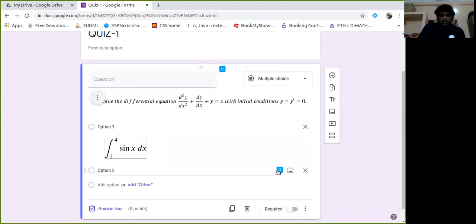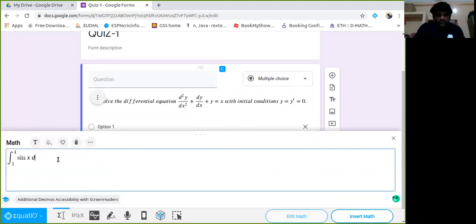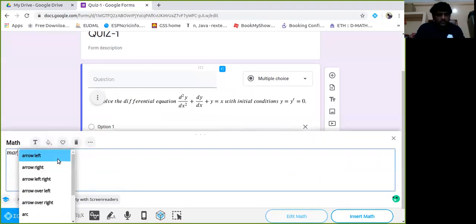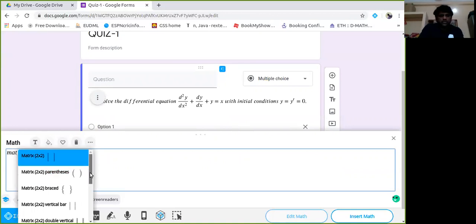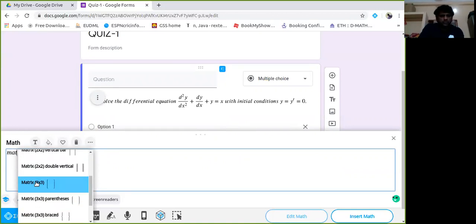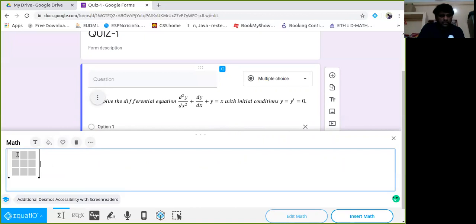Suppose you want to give some matrices. Simply type MAT. You will get 2 by 2, 3 by 3. We can extend it to any order: 4 by 4, 5 by 5, 3 by 4, 3 by 5, etc. Suppose you want to extend this order to 3 by 4: just type the entries.